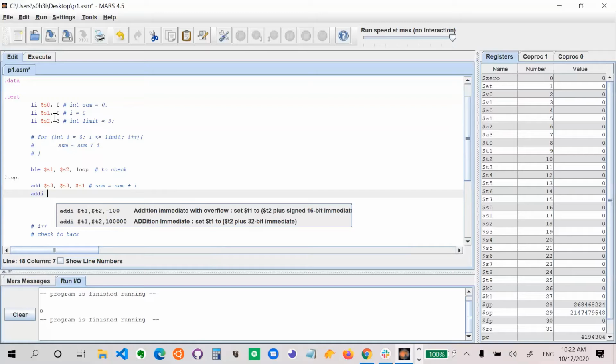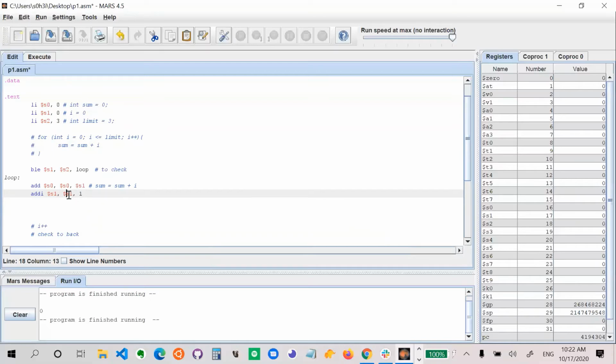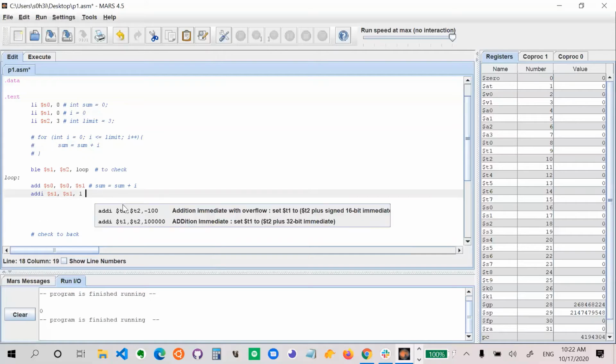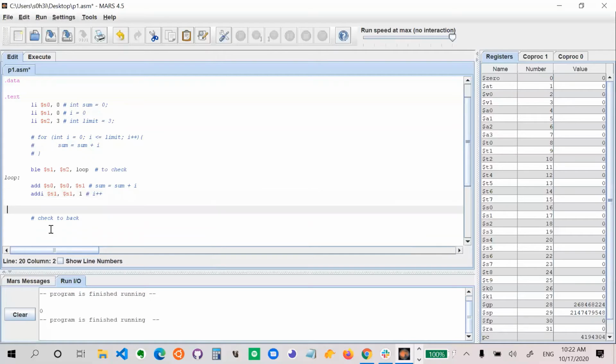Where is I? I is S1. So S1, S1, and what do I put here? 1. We are just adding 1 to S1, or to I. So perfect. And then check to go back. So basically, we did the statement. Now we have to check, are we